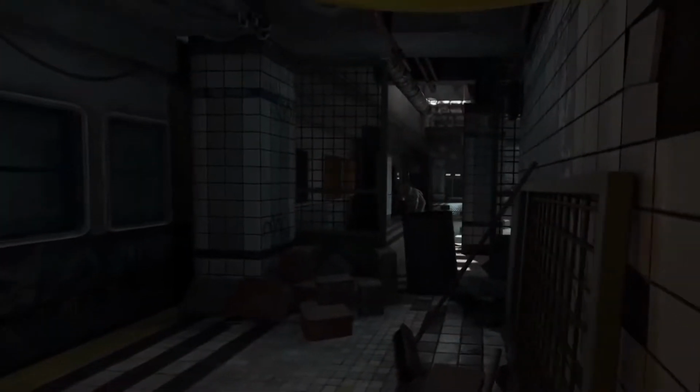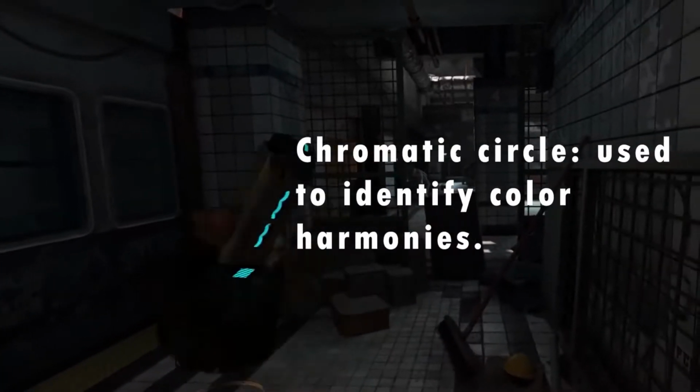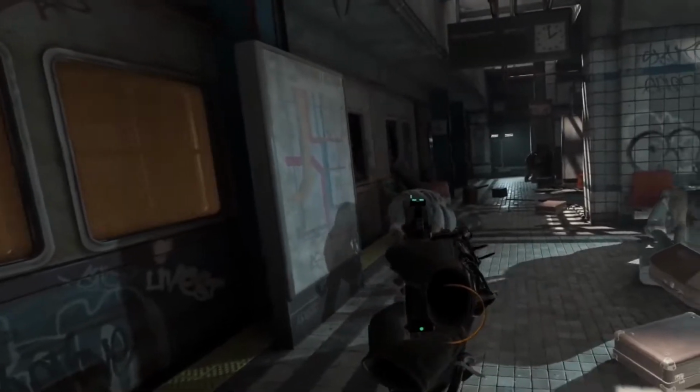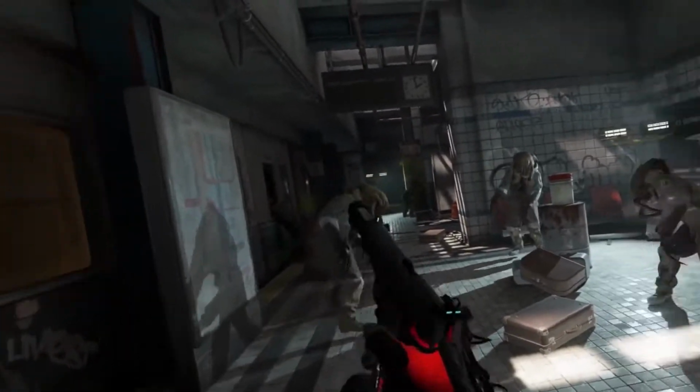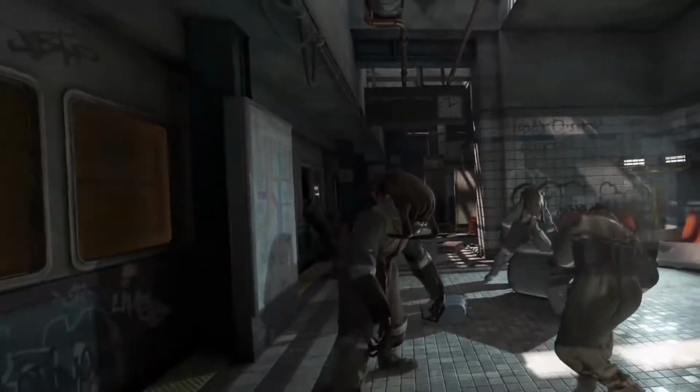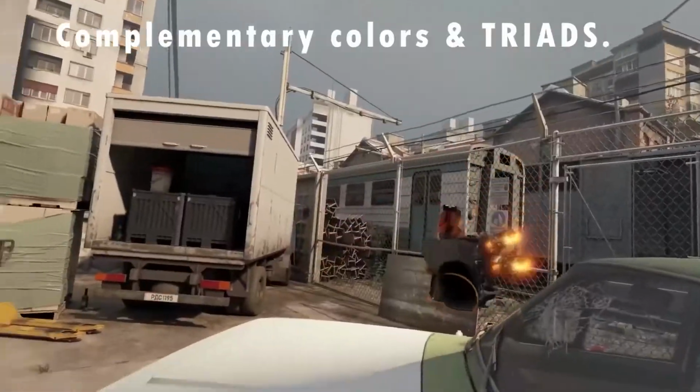The second thing you will ask about is, what colors should I choose to work with? This is where color harmonies come into play. Color harmonies help you to choose a set of colors that will look pretty good together. There are a lot of color harmonies, but I'm just gonna show you my 2 favorite ones: complementary colors and